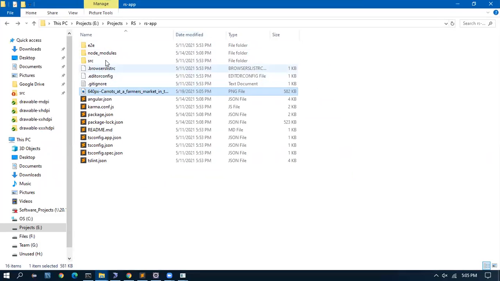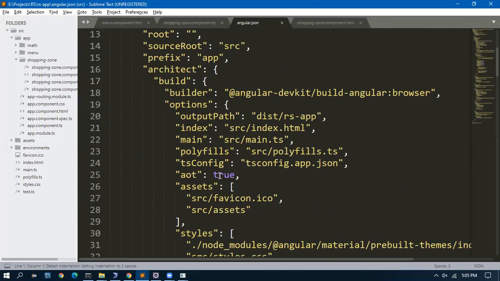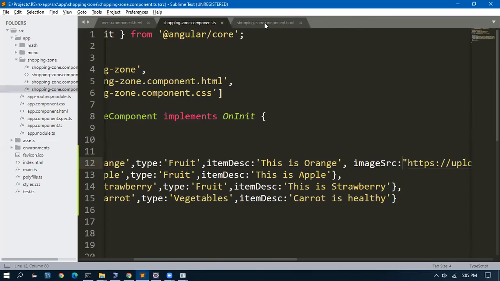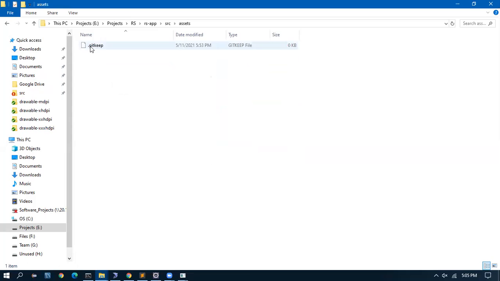Okay. So if we see the Angular JSON file, there is something as assets, SRC assets. Inside the SRC, there is an assets folder.